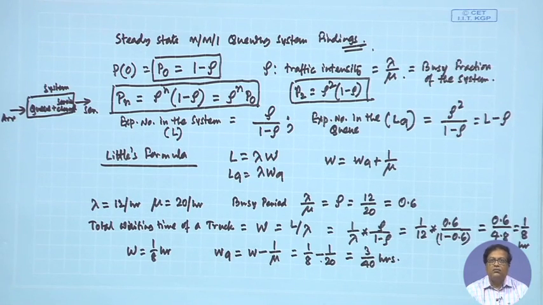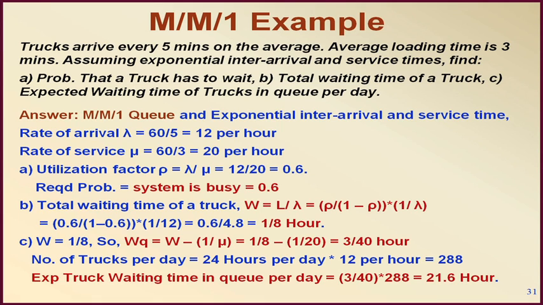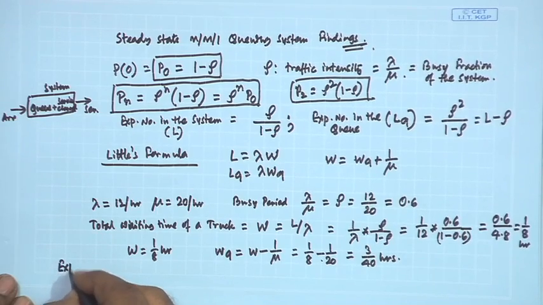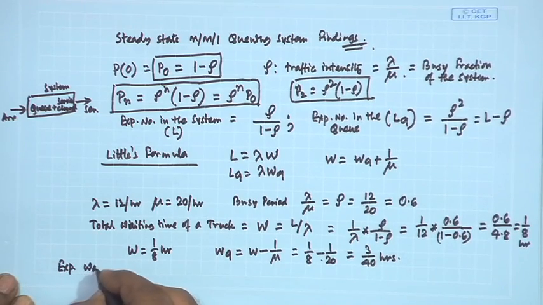3 by 40 hours. So, that is the waiting time in the queue. Now, there is a third question: what is the expected waiting time of trucks in queue per day? Let us look at it here. This is what we have to compute now, expected waiting time